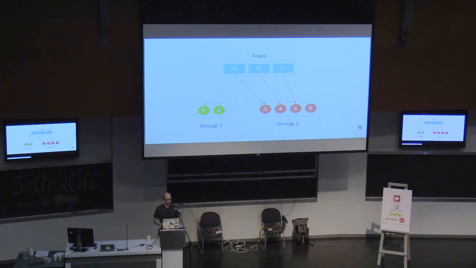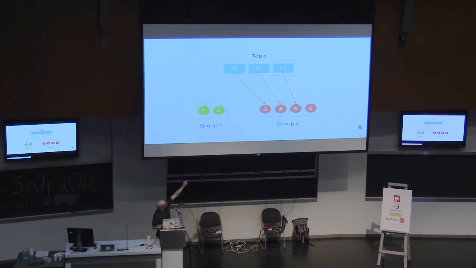And consumers are tagged with a group ID, which groups all consumers with the same ID into a logical consumer. And each partition is assigned to only one consumer in a consumer group. So if all consumers have the same group ID, you get a queuing message model where the messages are sent to each consumer. If all consumers have a different group ID, you get a pub-sub where the messages all go to all the consumers. And you need to ensure that the number of partitions in a topic is big enough so that there are at least as many as there are consumers in a given consumer group. Otherwise, you get some consumers sitting around doing nothing until another consumer in the group stops.